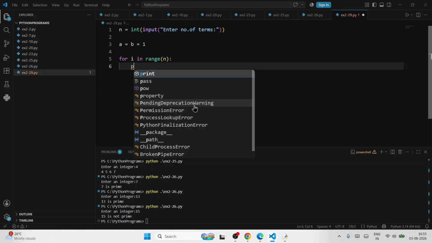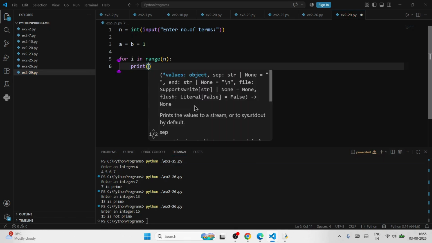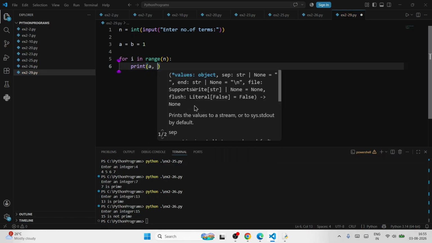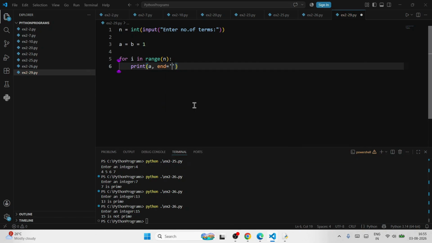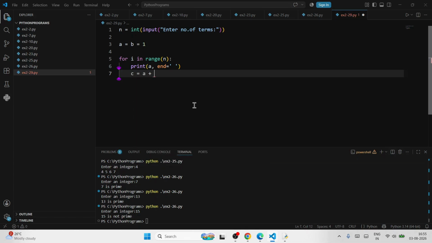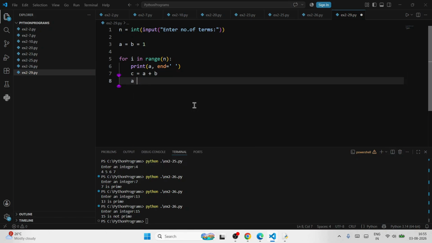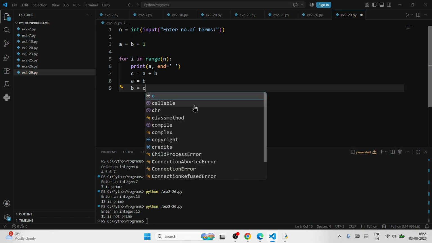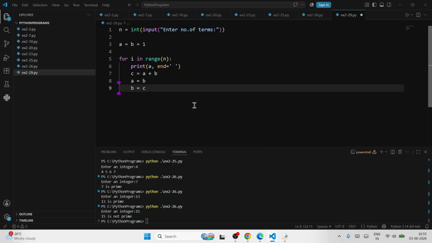अंदर आते ही मैंने पहला स्टेप क्या लिखा था, प्रिंट a, इन वन लाइन ओनली, इफ यू वांट देन एंड स्पेस दे सकते हो, a प्रिंट कर दिया, देन c इक्वल टू a प्लस b, a equal to b and b equal to c, that's all। Let this loop go on, it will print all the n terms of your Fibonacci series, right? check कर सकते हो।